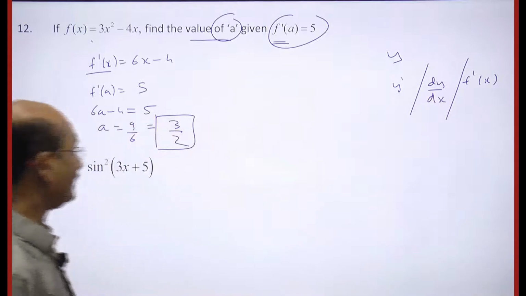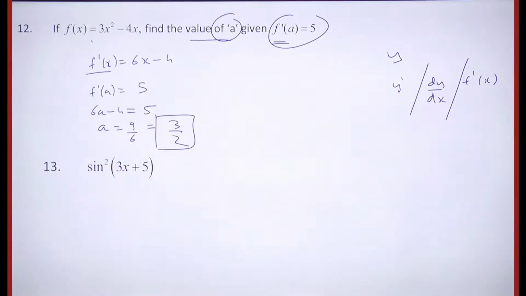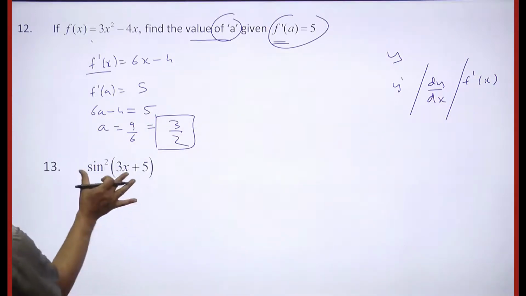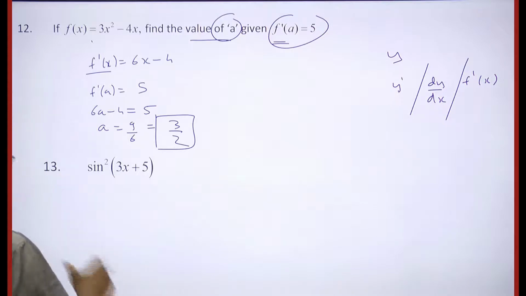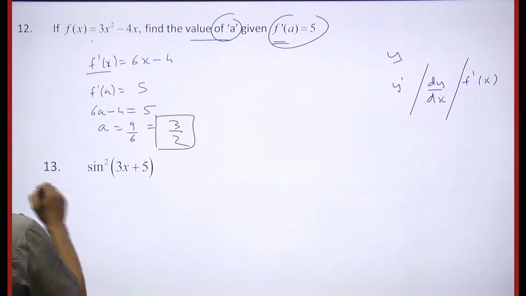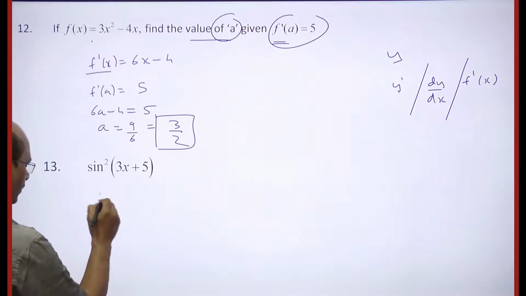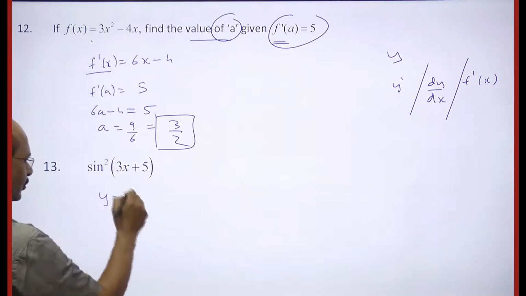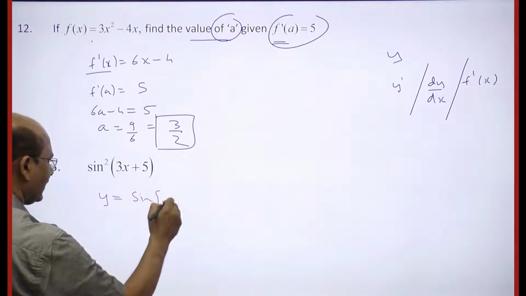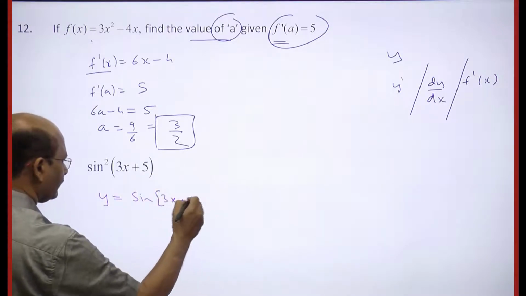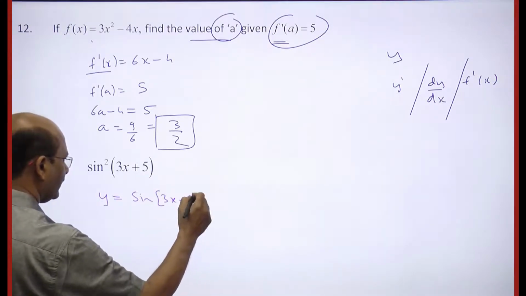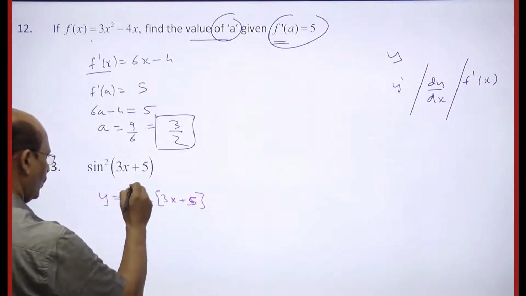Okay, now chain rule I will explain. This is a better example of chain rule, because there is a single term function. So, I have no issue. I will just present it properly. So, presenting it properly would be this way, y is equal to this square. So, this I can write as sine of 3x plus 5 whole square,